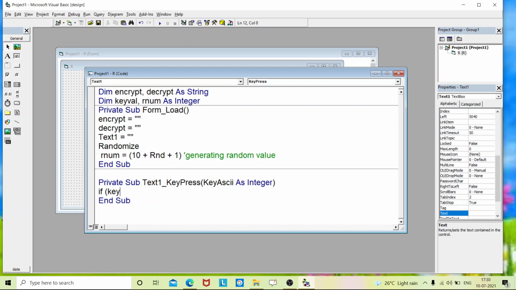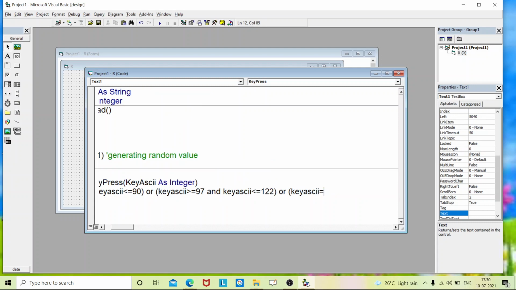So: if KeyAscii greater than or equal to 65 and KeyAscii less than or equal to 90, close it, or KeyAscii greater than or equal to 97 and KeyAscii less than or equal to 122, or KeyAscii equals 32.